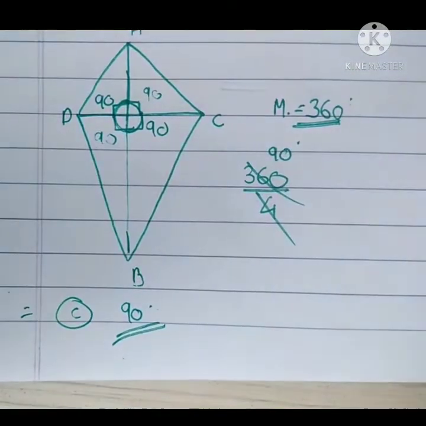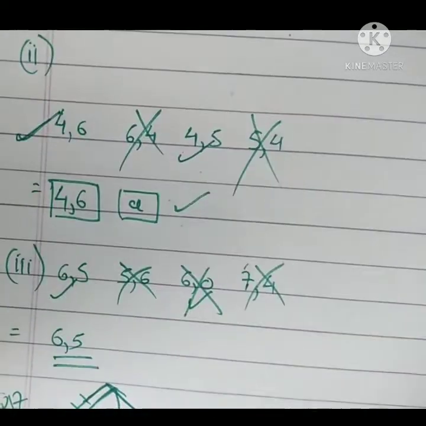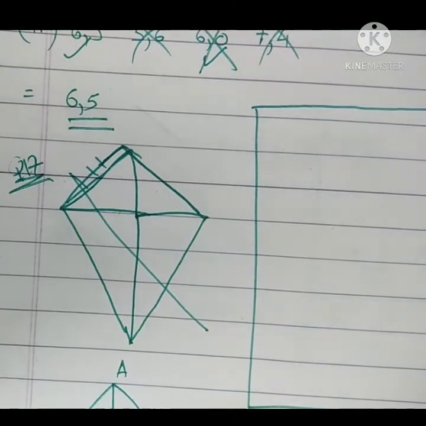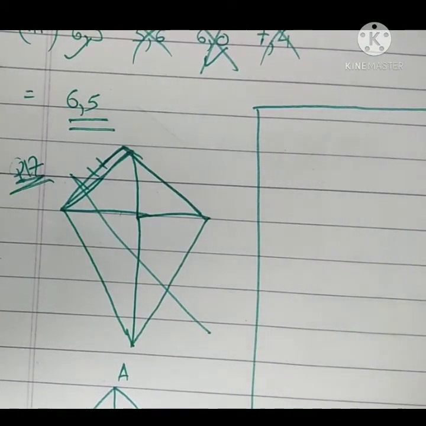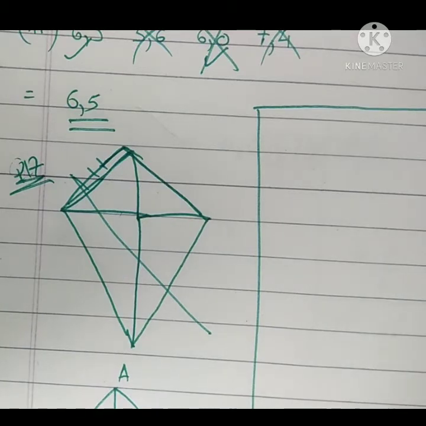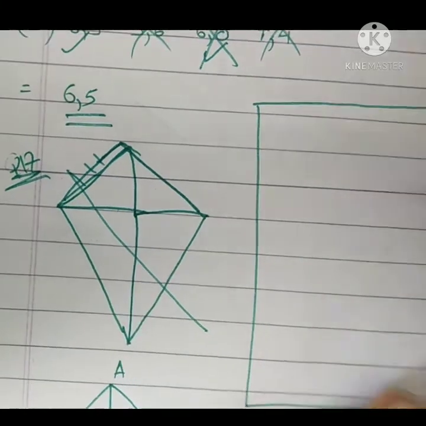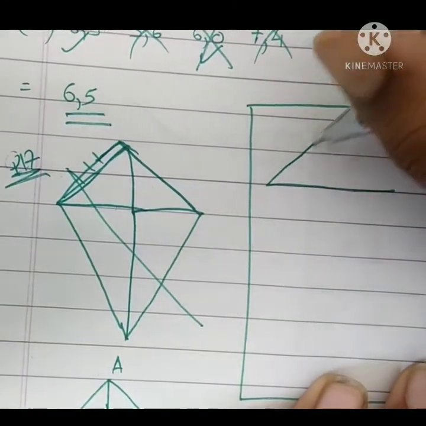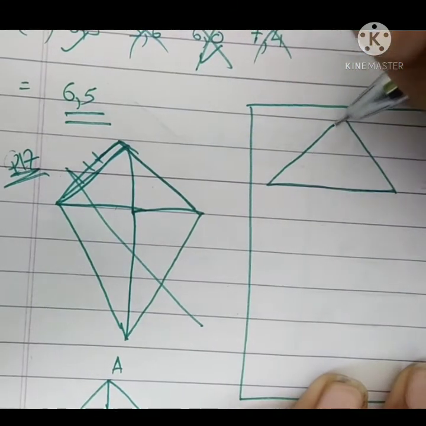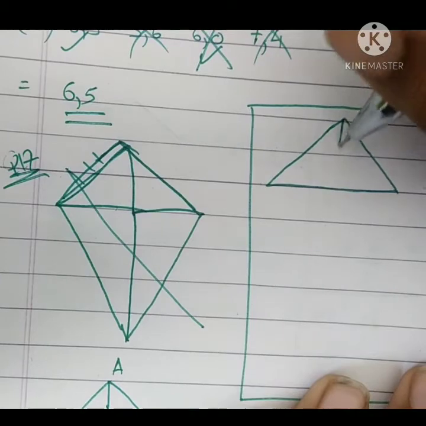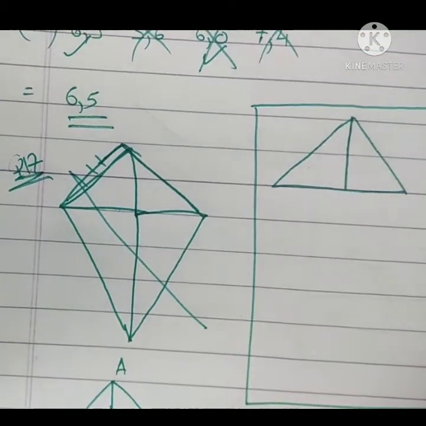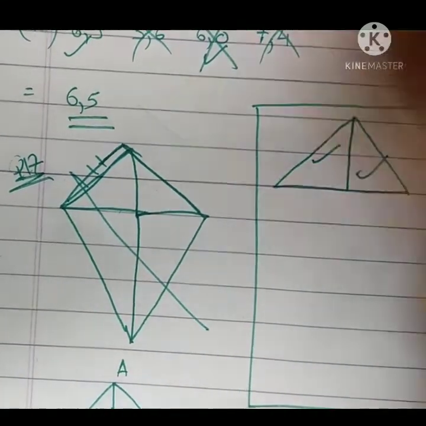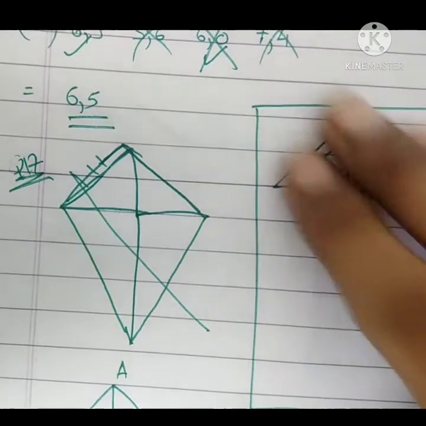These are pretty simple questions, and I don't think this question will come in the subjective type. Next question. Which is the correct similarity criteria applicable for the smaller triangles at the upper part of the kite? This question says the upper part of the kite, which is this one. Smaller triangles means this triangle and this triangle. What is the correct congruence criteria for these two?